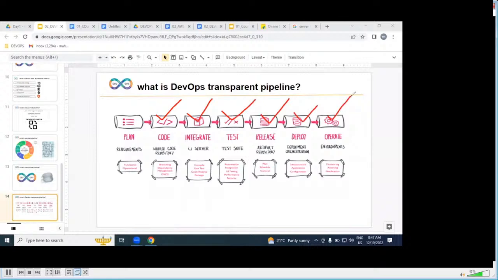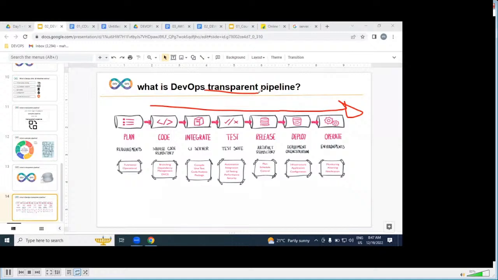Understood very clearly? To be frank, while implementing this DevOps process, we are not writing any code. We are not writing any test cases. We are just implementing an automated, transparent pipeline only. Why?